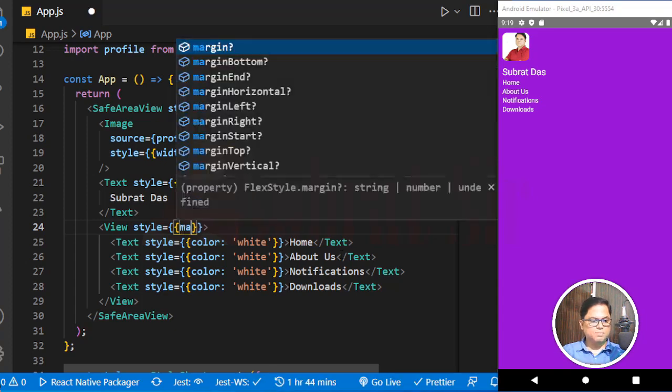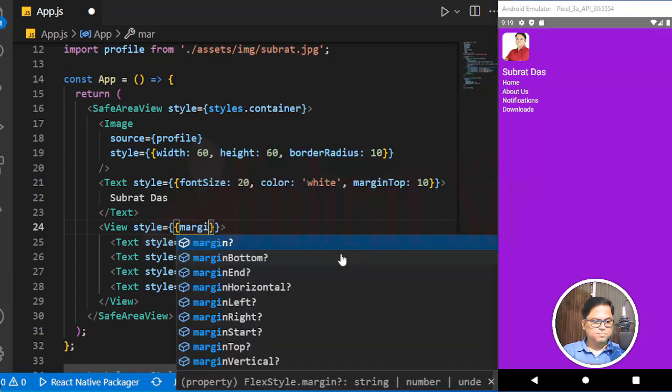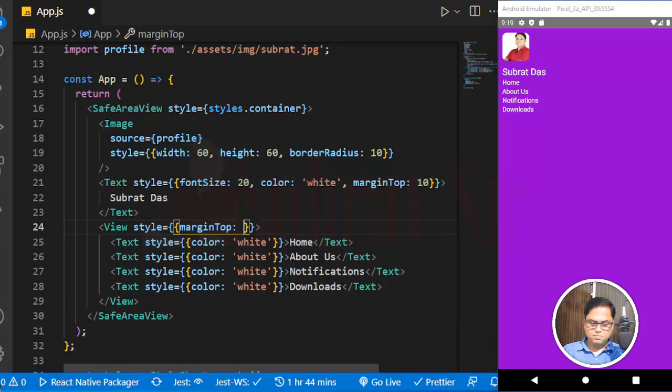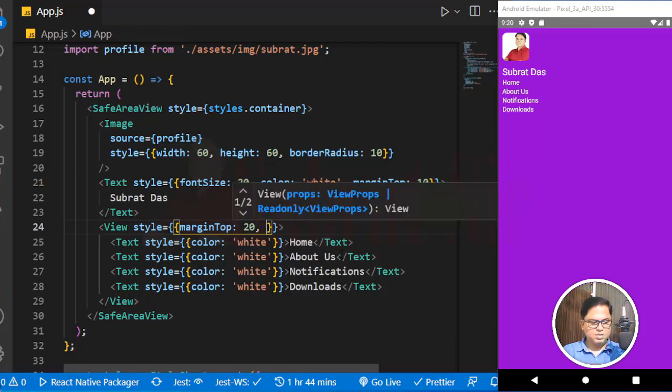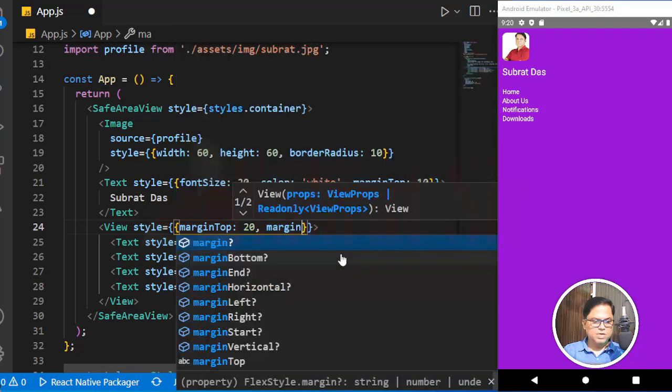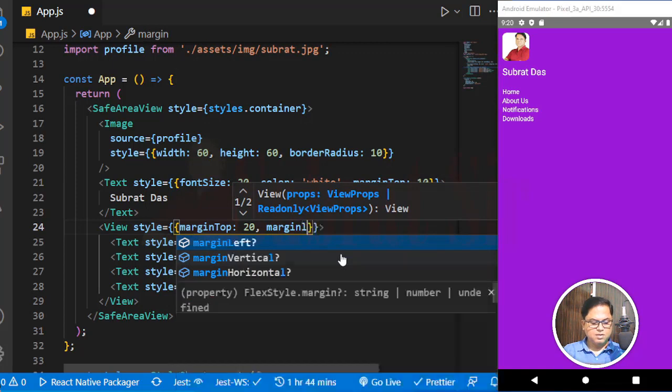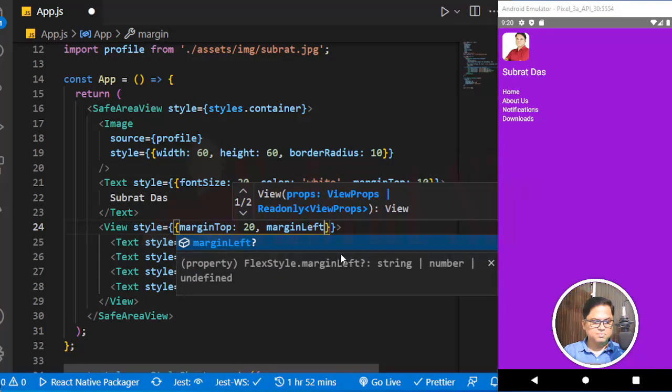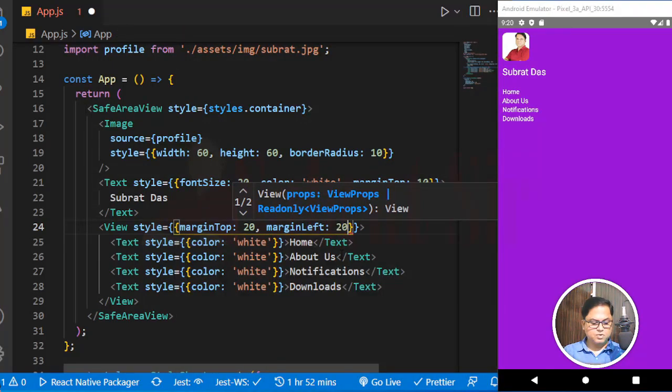So let us say margin top 20 and margin left 20. Okay,